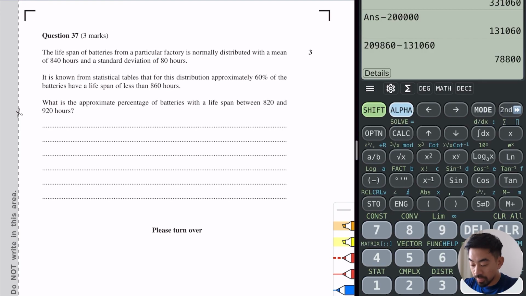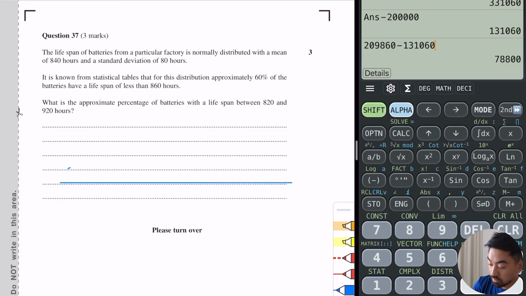All right, so the lifespan of a battery from a particular factory is normally distributed with a mean of 840 hours and a standard deviation of 80. It is known from statistical tables that the distribution approximately 60% of the batteries have a lifespan of less than 860 hours. What is the approximate percentage of batteries that will have a lifespan between 820 and 890? Okay, so